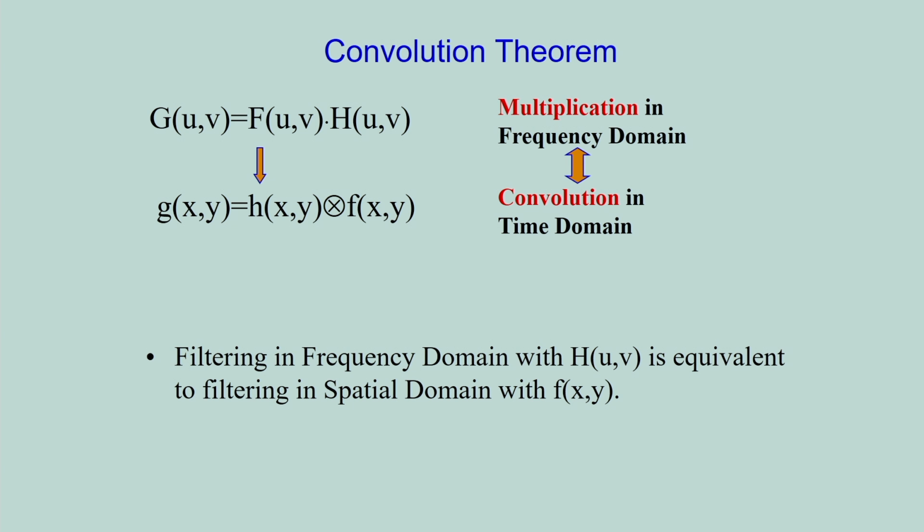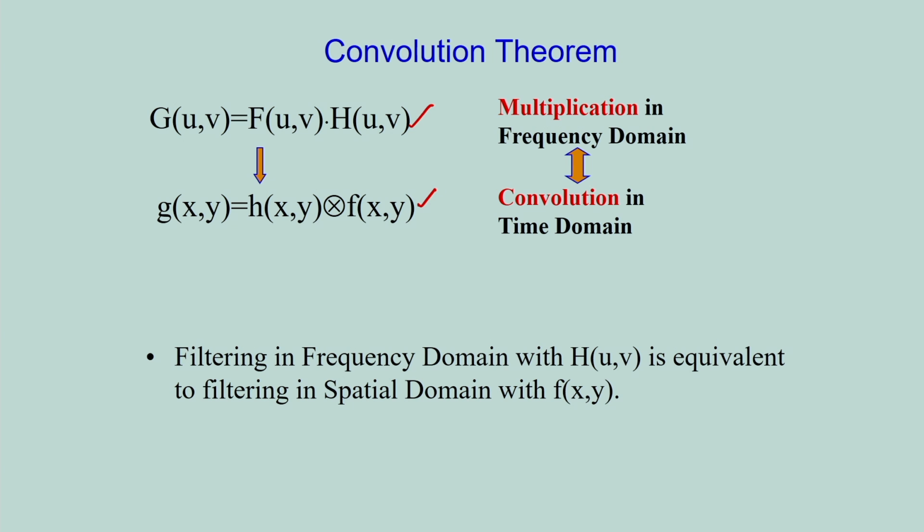And already you know in signal processing the convolution theorem: the convolution in the spatial domain or in the time domain is equivalent to multiplication in the frequency domain. That is the convolution theorem. So here you see convolution in the spatial domain is equivalent to multiplication in the frequency domain. So that means in the frequency domain filtering, what I have to do? I have to do the multiplication instead of convolution.